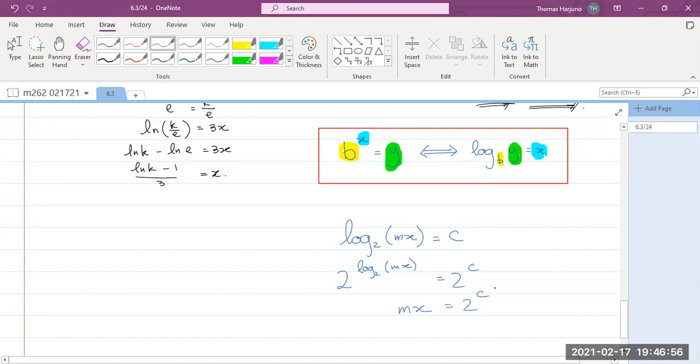Okay, that's how I thought before. But if you think about it, let's basically change from logarithmic form into exponential form. That's all we did. Oh, okay, I see. Right? Oh, so it's almost like if